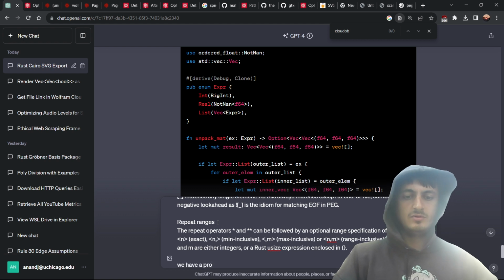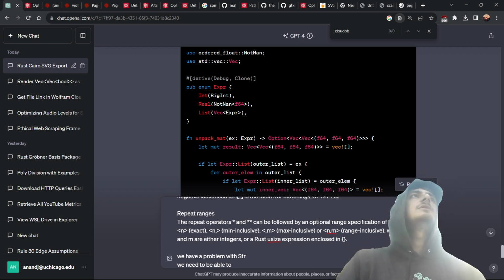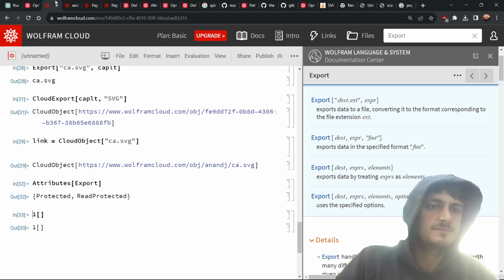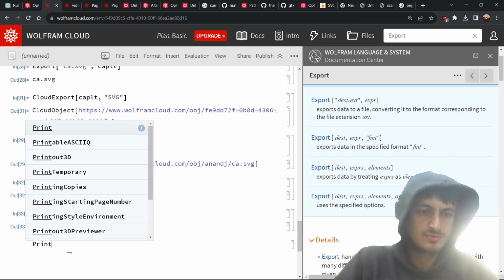We have a problem string. We need to be able to include dots. What do we want to do? We want to. How does it print when we have